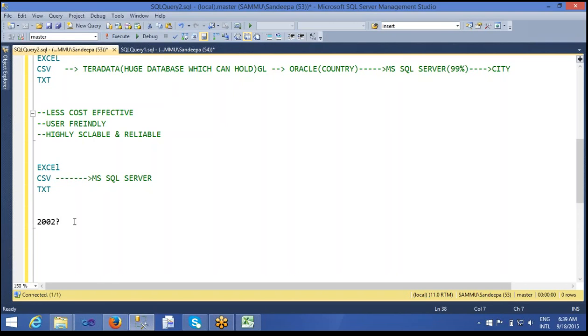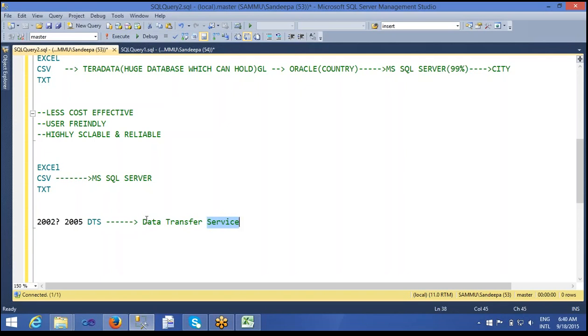In the year 2005, they introduced a concept called DTS. What is this DTS? Data Transfer Service.